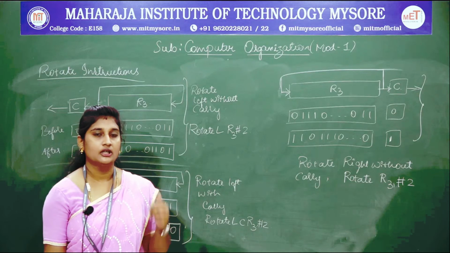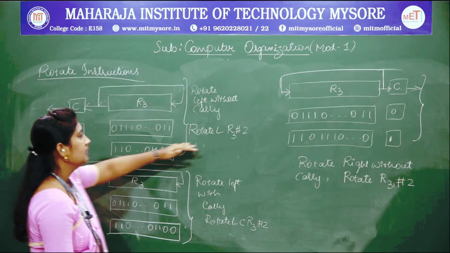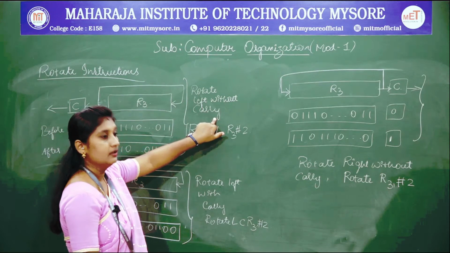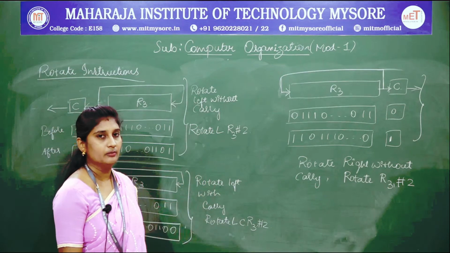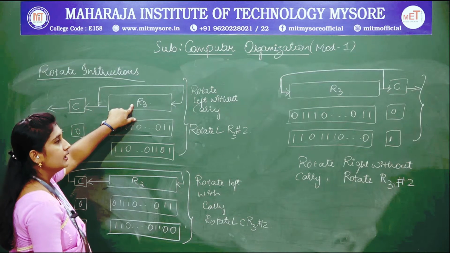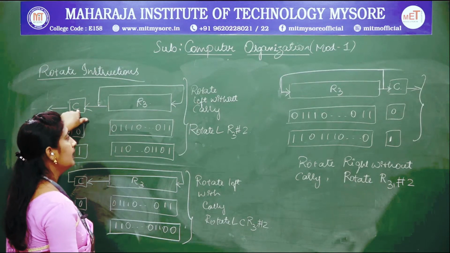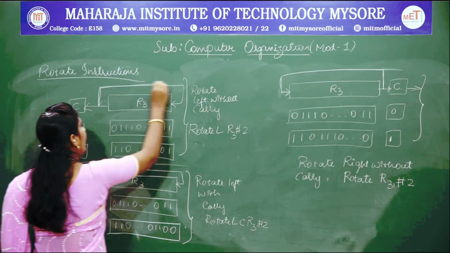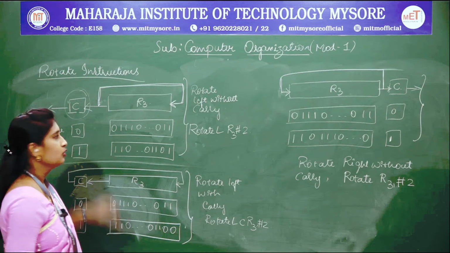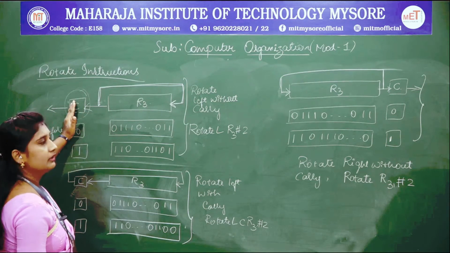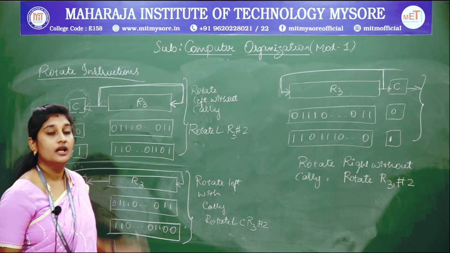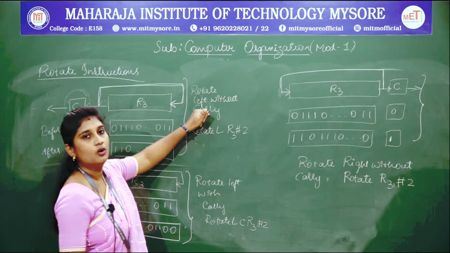bits of the operands. So how this example gets operated: the very first variation I have written here is rotate left without carry. So I am not considering my carry bit flag. Here is the general format represented: here is an operand R3, and here is the carry flag. Why I have written the arrow mark towards here is that I am not considering the carry bit. The bit which is present in your carry bit, only I will be shifting it out, but I am not considering it back in my rotate operation. That is why it is called without carry.